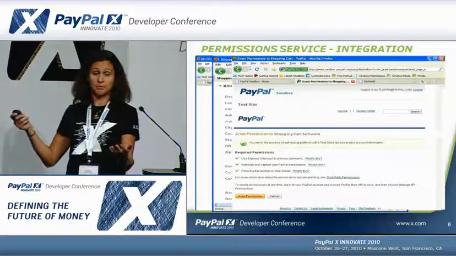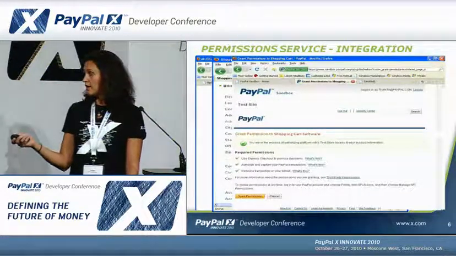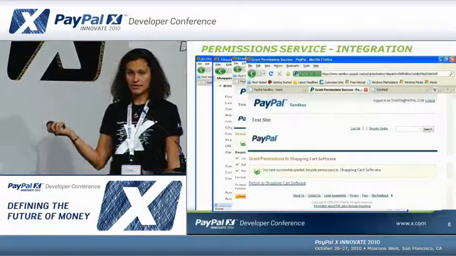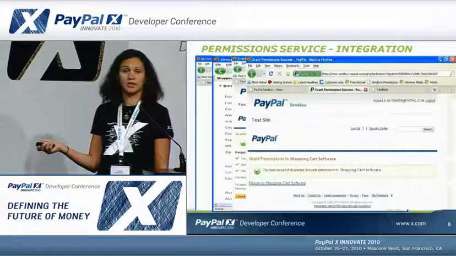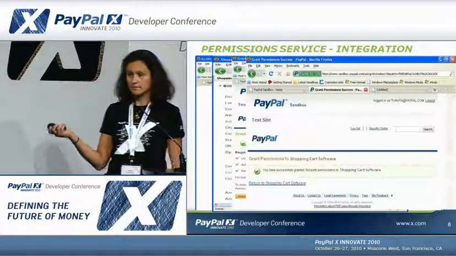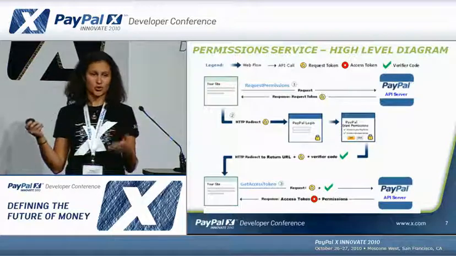I need the permissions from you to provide service. When I grant it, I'm on the success page, and I can go back to the shopping cart software here. And you're done. So it's definitely a shorter and